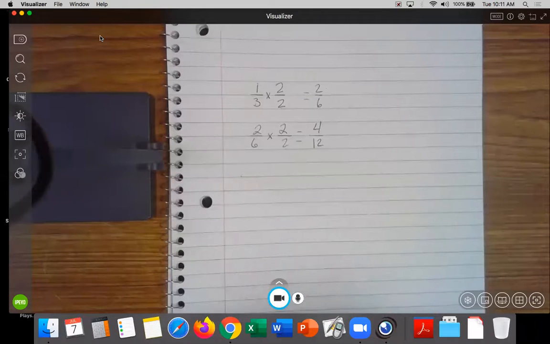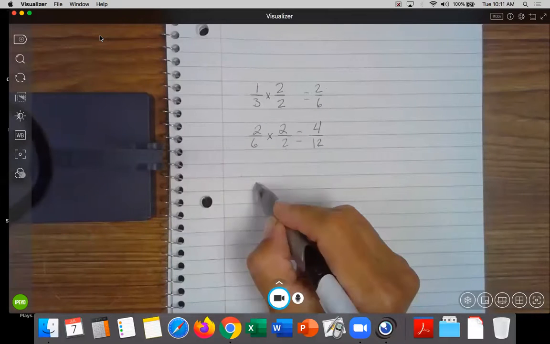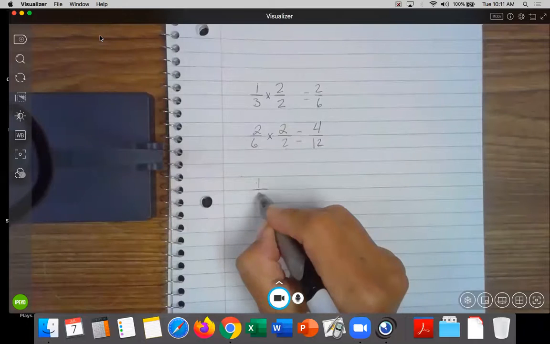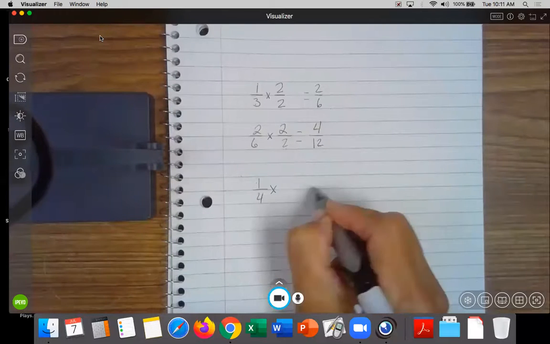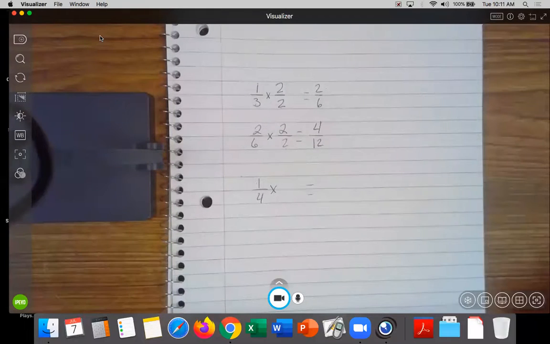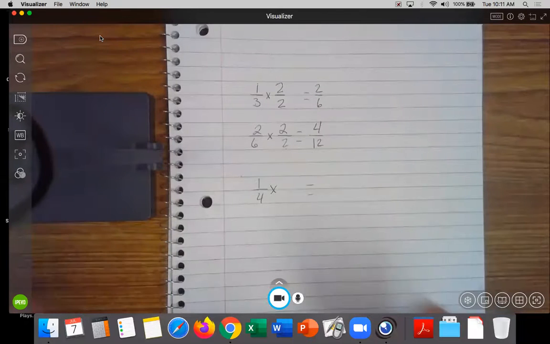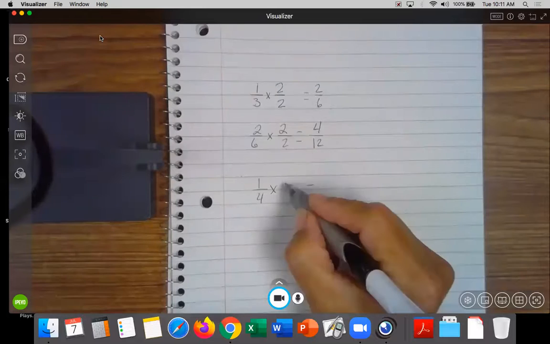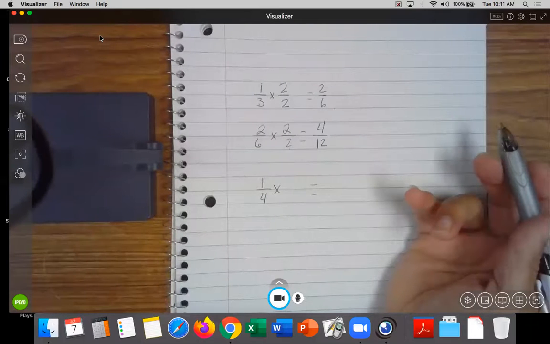Let's find another one. Let's say I want to make an equivalent fraction for 1/4. How can I make an equivalent fraction for 1/4? Does anybody have any idea? Can't I just pick a number and multiply by the big one? It's called the big one. So if I want to multiply and I don't want to stretch my brain too much, I'm going to use